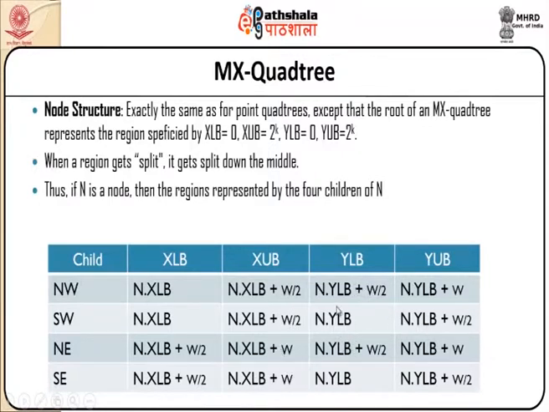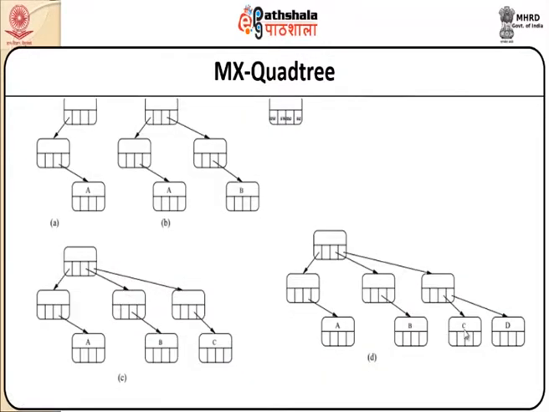And for the y value, we have northwest and northeast, that is, the upper half of the region is being divided, and the lower half is being divided for southwest and southeast, it is for w by 2. So, this is a simple tree structure that is being plotted for an MX quadtree, where we have got all 4 points. Say for a location of a of x comma y, if I wish to insert a specific